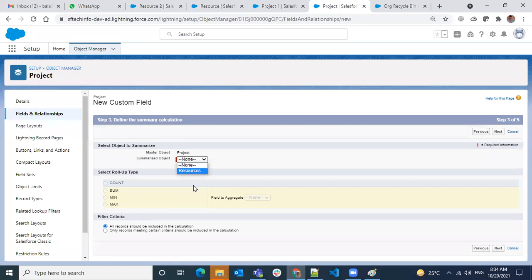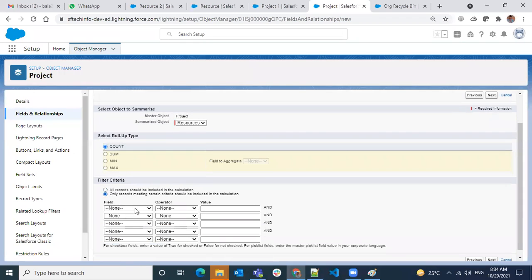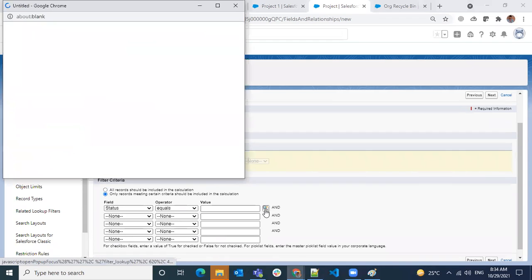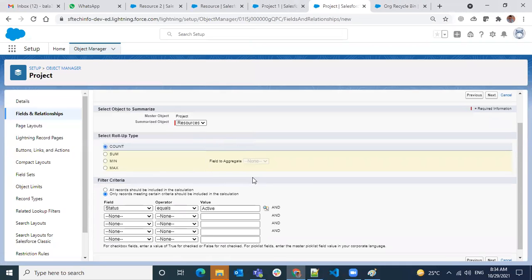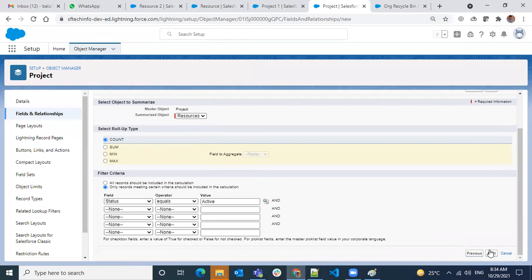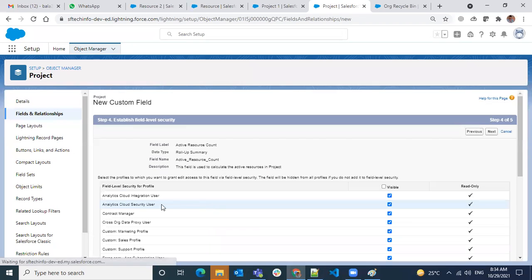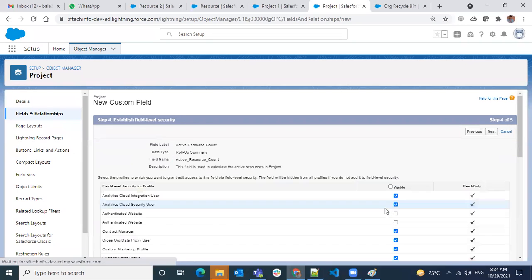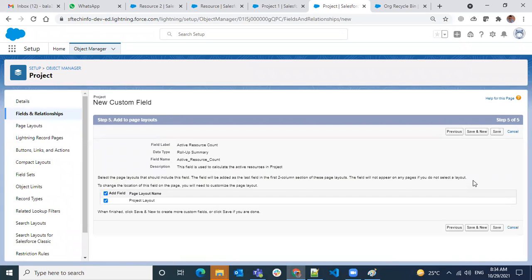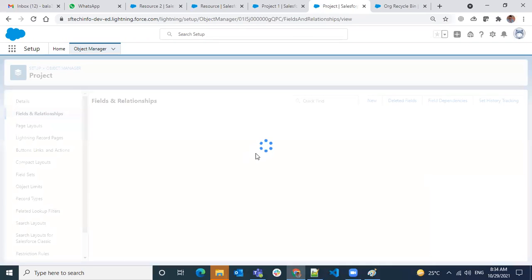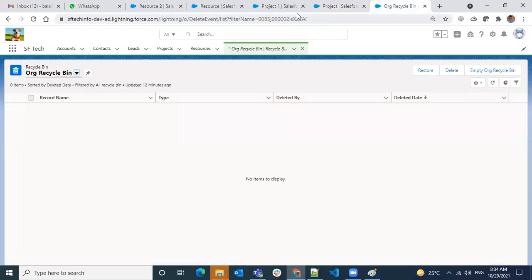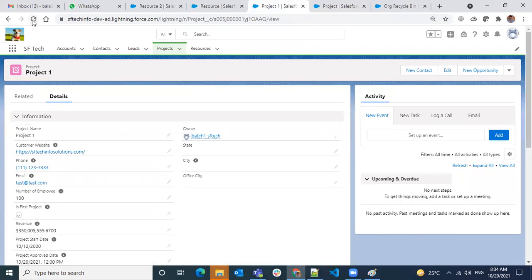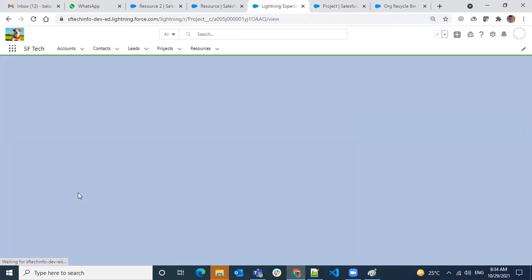Try to practice that. So for the resources, I still want to do the count, but I don't want to count all the records. I want to apply some filter, so only the active resource count is what I need. Okay, let's do next. Only if the resource is active will it be calculated. That's the condition I apply. Status equal to active. The conditions are all the same. Okay, done. Let's see how it's showing up now. Previously we had a resource count. Now we have an active resource count.